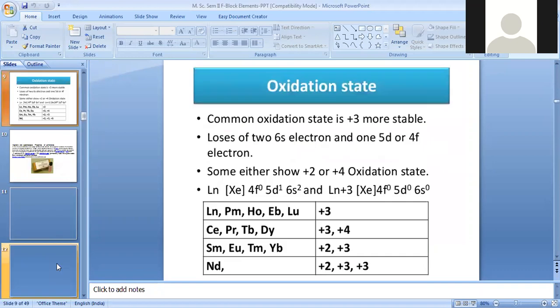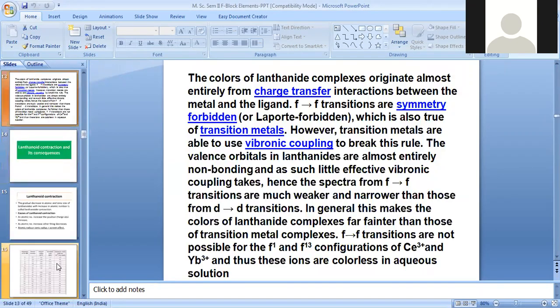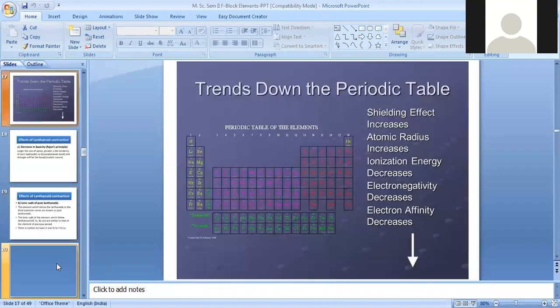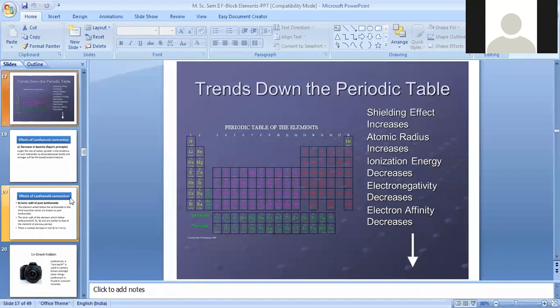The occurrence of these lanthanides is not expected. Just now I have told you that the lanthanide contraction is because the shielding effect increases as we go across the period, and all these parameters are true for this lanthanide contraction.